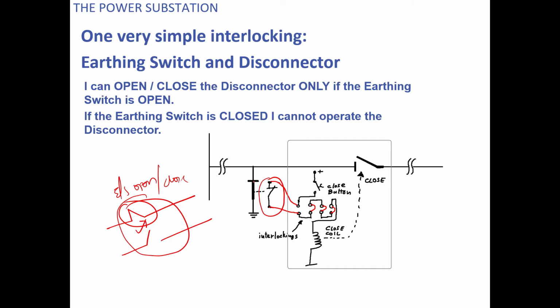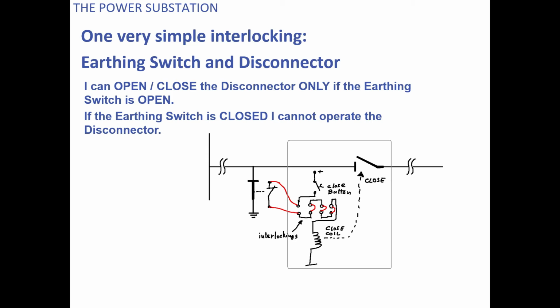And if you see here, suppose this earth switch is presently in the closed condition, then this position will be like this. If this earth switch is in open condition, then this contact will be in this way. Now suppose you are giving a close command to your isolator. This close command will come here, then go to the earth switch. It will see that the earth switch is in open condition. So this is NC, it will return the DC, and then finally this will go to your closing coil. When this closing coil energizes, the isolator will close.